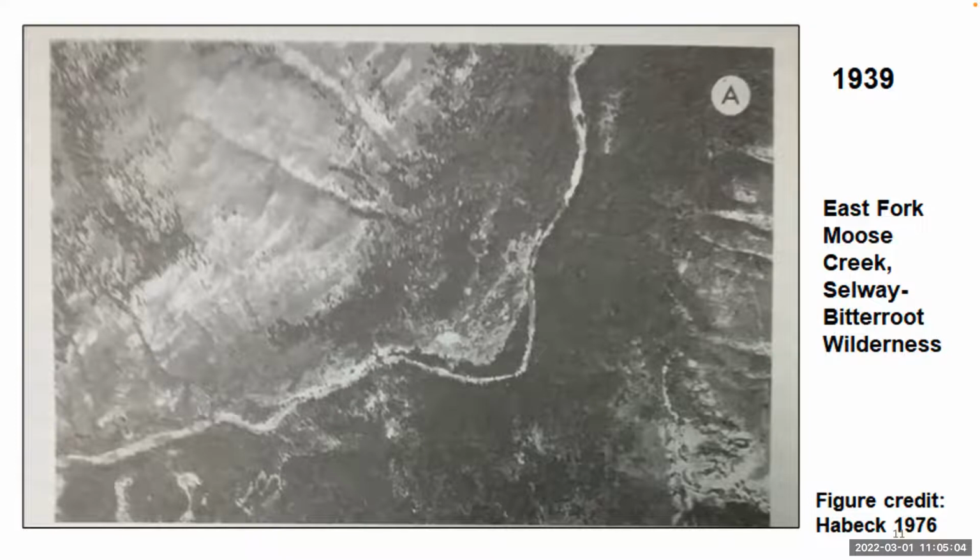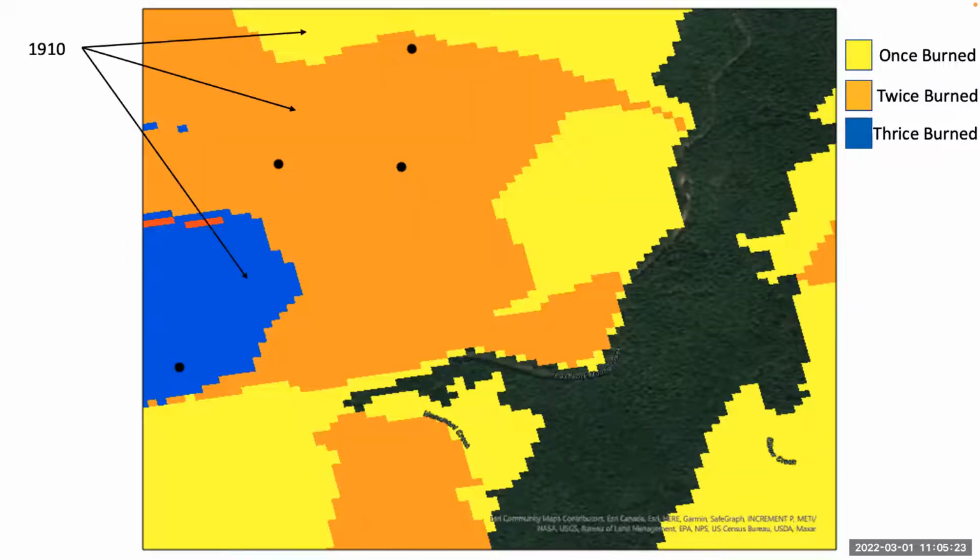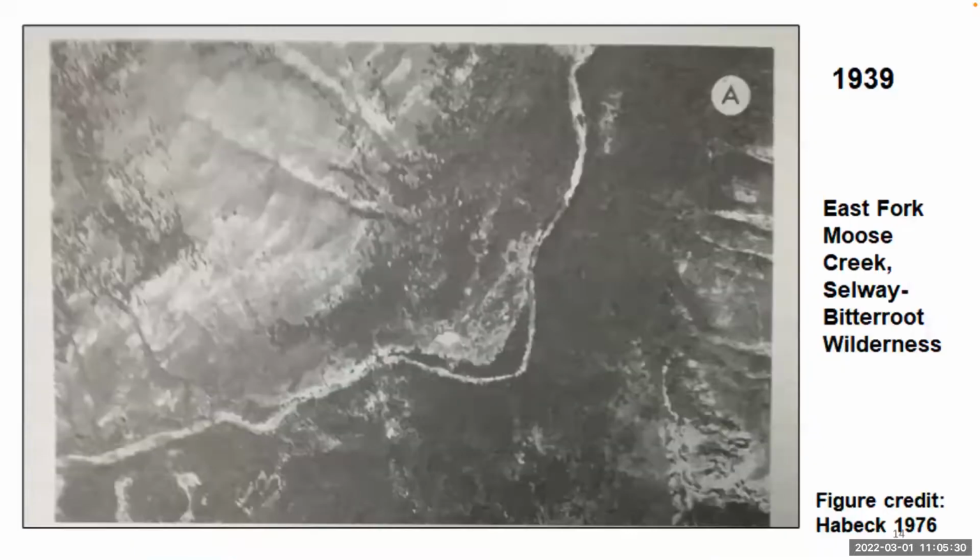And this is what the different fire histories look like overlaid on top of that area. An area that had burned once is yellow, an area that had burned twice is orange, and an area that has burned three times is blue. And this yellow and this orange and this blue all burned in 1910. And just for frame of reference, you can see that fire perimeter all through here in